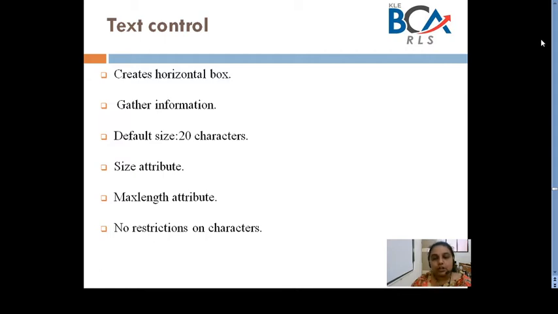So, the contents of a text box, if you want them to be hidden, for example, if you are trying to enter a password and you don't want others to see your password, so when you type, if you want black bullets to be visible, then in such cases also you are going to use the input type, but instead of text, you are going to use the input type as password. We will see a brief example and a demo on the text control. There you will have a clear idea of how this text control works.